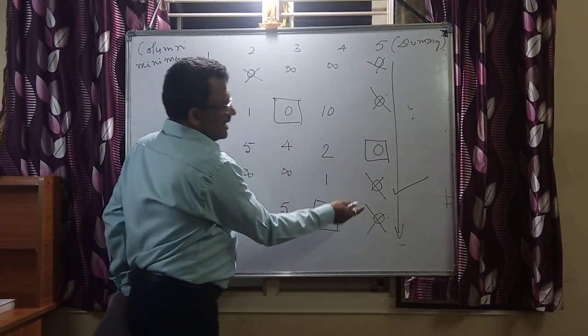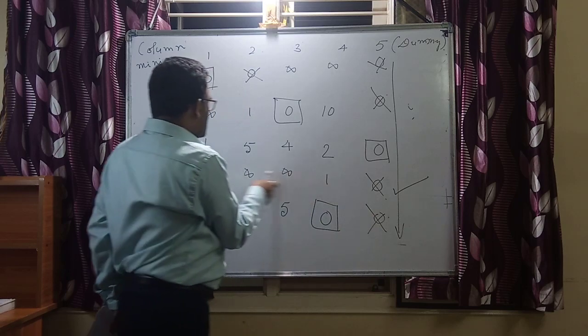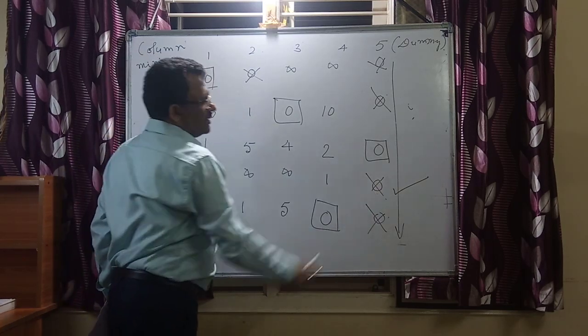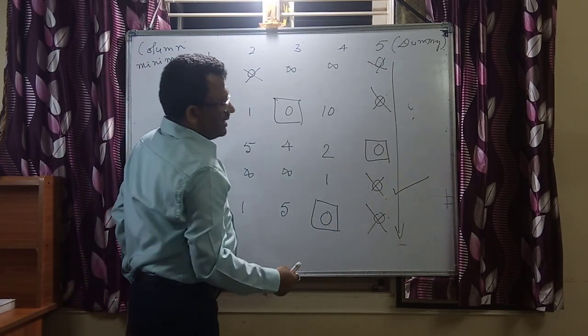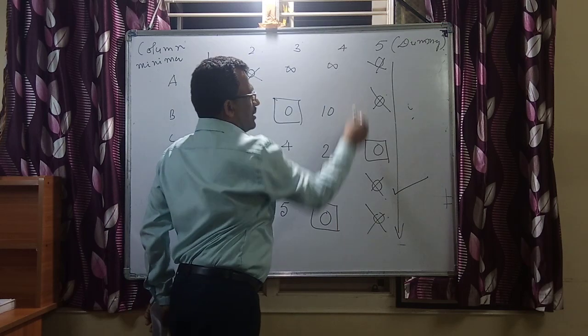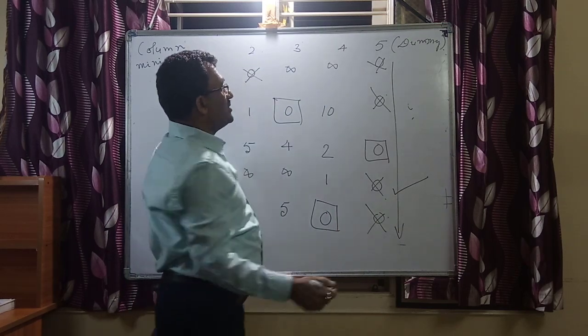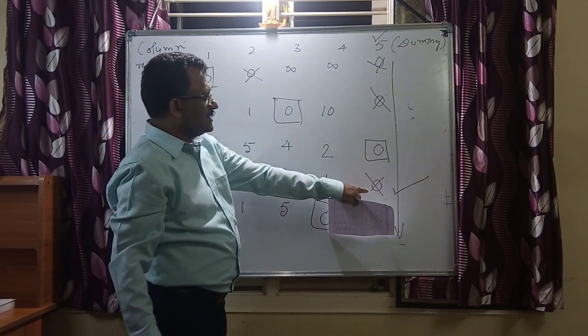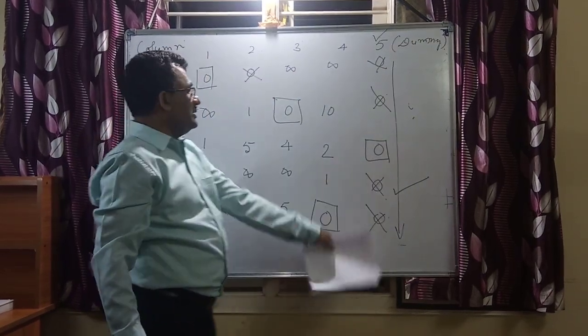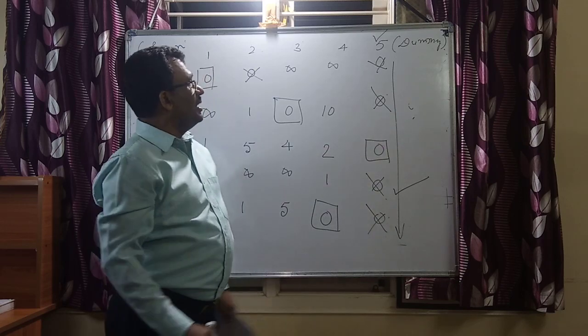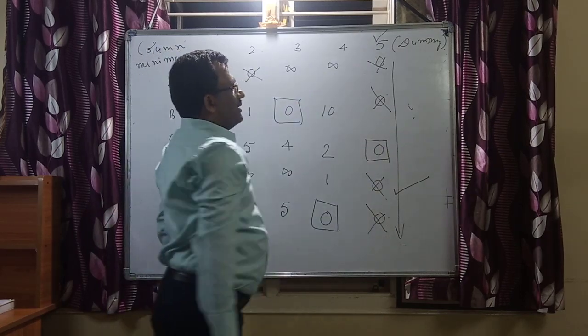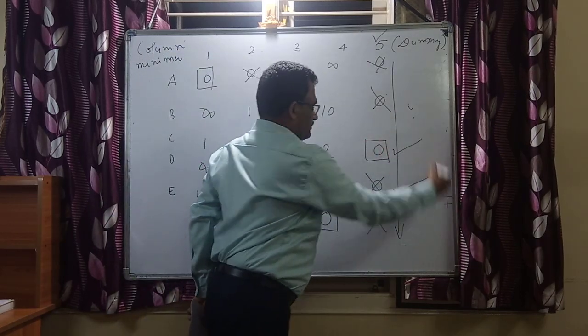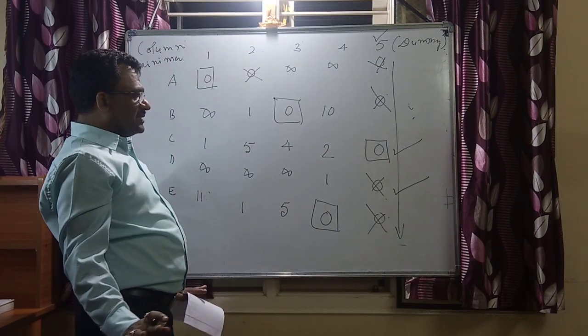Once this is identified, look for the discarded 0 in that row, and here is a discarded 0. Once this discarded 0 is identified, look for that particular column. If you have any allocation, put a tick to that particular column. See, here is a discarded 0, and in this column you have an allocation, so tick that respective column and the respective row. Correct? Only that much is there.